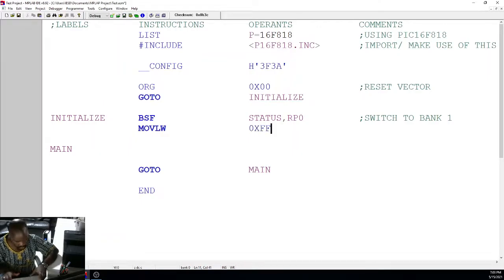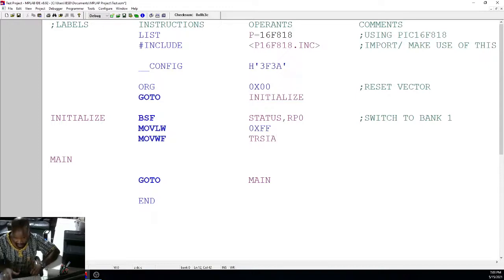All of them. So FF, move W to file, TRISA. But remember now, in any case, all pins are inputs on default. So here I'm just enforcing them to be inputs. But on default, after any reset, those pins will be configured as inputs, and it is at initialize where you will decide whether you still want to keep them as inputs or you want to change them to